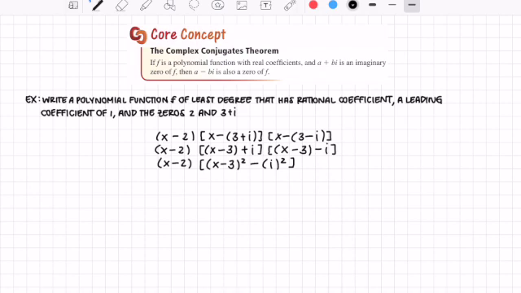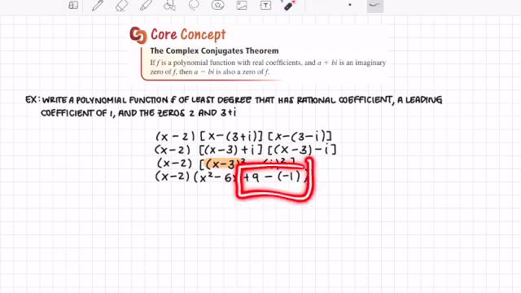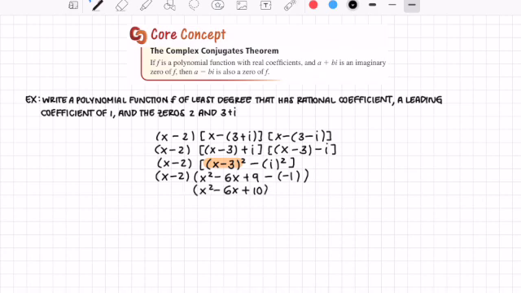From here, I just have to solve for all of them. So x minus 3 squared gives me x to the power of 2 minus 6x plus 9. And then i squared just equals negative 1. And all of this is being dropped down. Last thing to do, combine 9 minus negative 1, which is 10, and then drop down everything else. And the last thing to do is just multiply x minus 2 times x squared minus 6x plus 10, which would give me